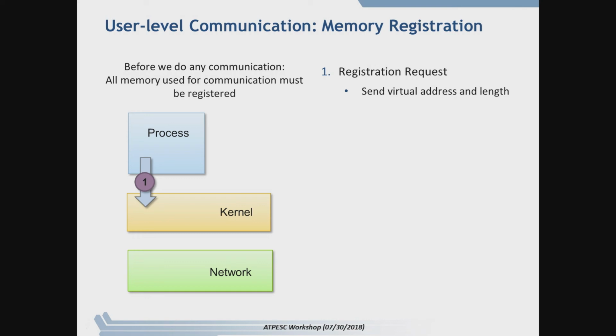So this is a diagram of what happens when we perform what we call memory registration. Memory registration is important for RDMA networks specifically, remote direct memory access networks, because it ensures that the memory addresses that you're communicating in and out of are going to be pinned in the physical memory, so that when the network adapter goes to communicate in and out of them, it can be confident that the correct data is there, that the OS is not swapping pages in and out of the physical